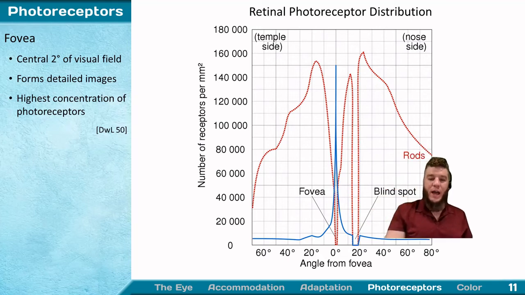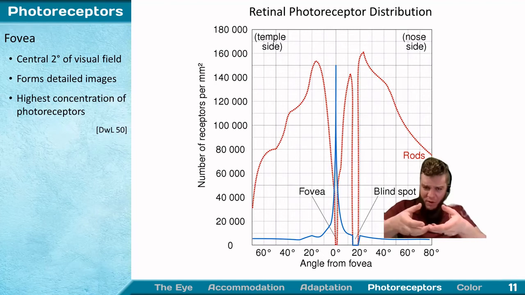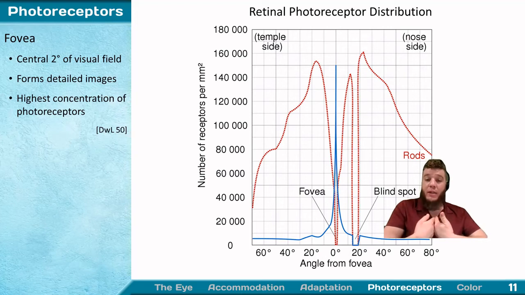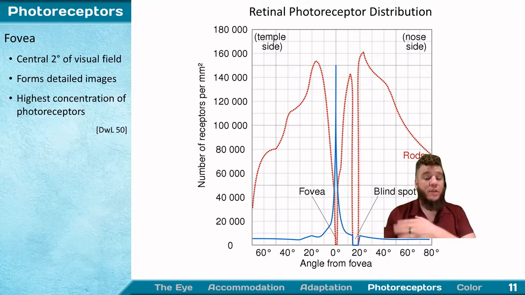One more feature of this plot here is the blind spot. The blind spot is actually where the optic nerve connects back through your retina into your brain. And the reason why it creates a blind spot is because of that backwards orientation of the neurons. Those neurons all bundle together and come to a point and then go back through your retina into your brain, creating the retinal blind spot,